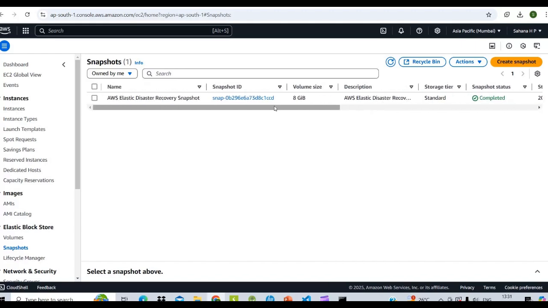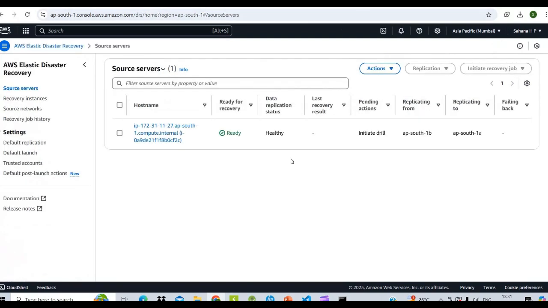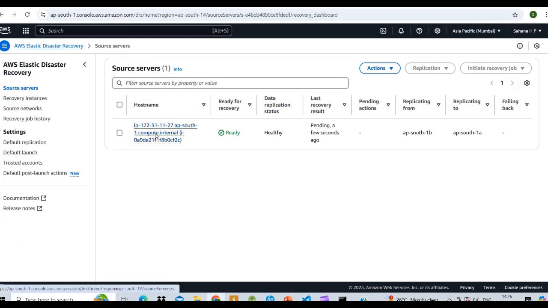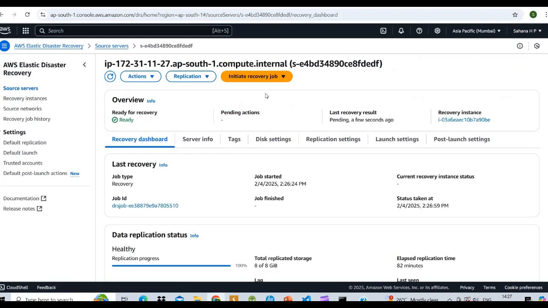Once the installation is completed, the source server is replicated here, and in EC2 the disaster recovery is replicated, containing the snapshots, volumes and templates. Now go inside the source server and click on initiate recovery job.